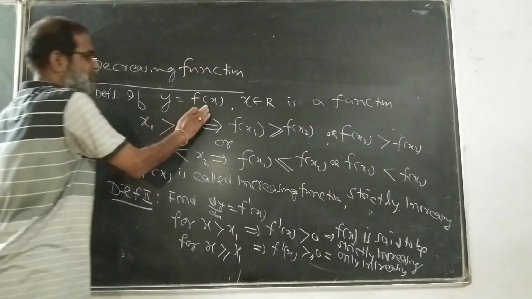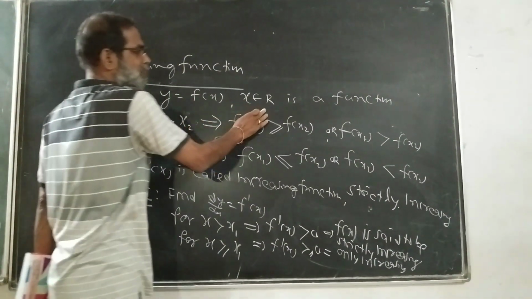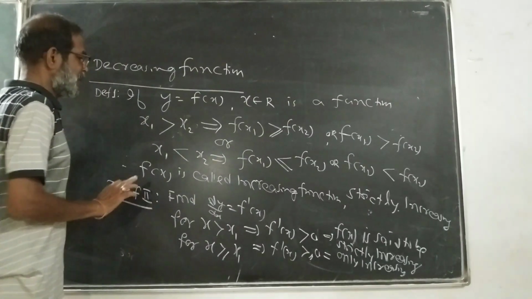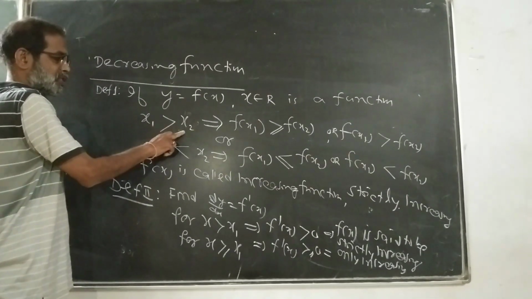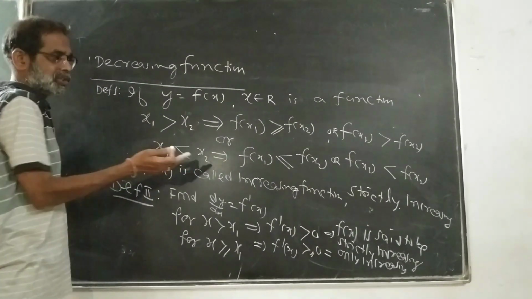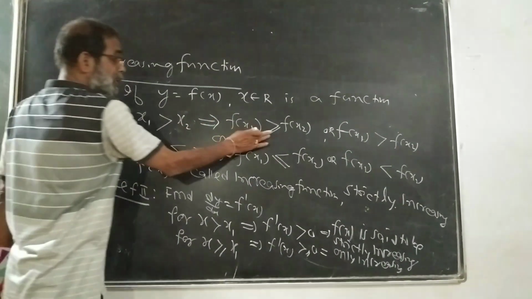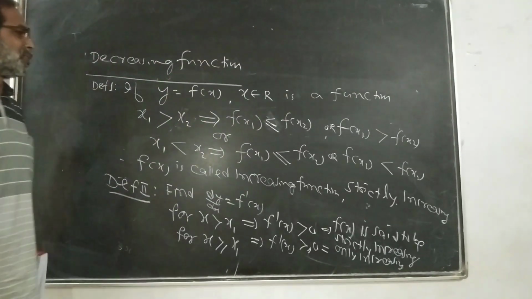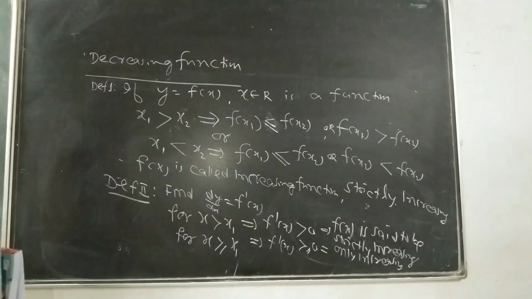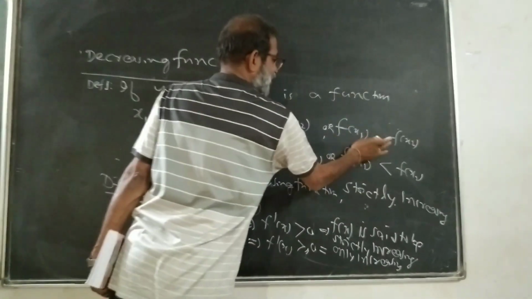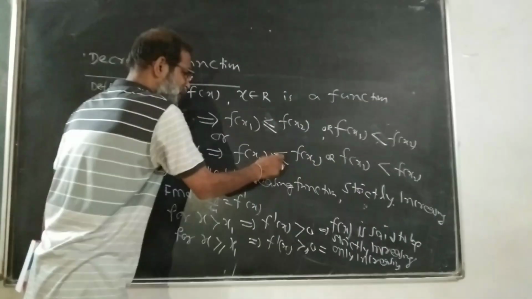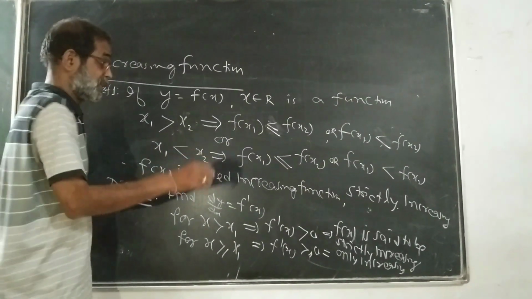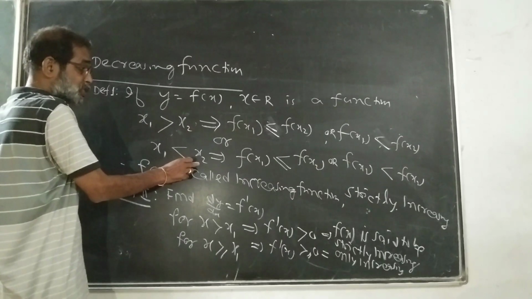If y equals f(x), x belongs to real numbers or natural numbers, whatever it may be, is a function, x1 greater than x2 or x1 less than x2, whatever it may be. The symbol less than or equal to is only increasing; less than is strictly increasing. For decreasing, x1 less than x2,